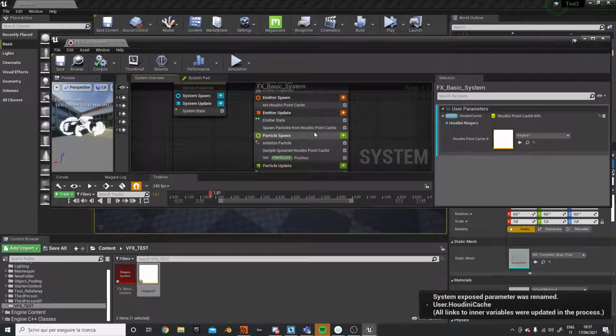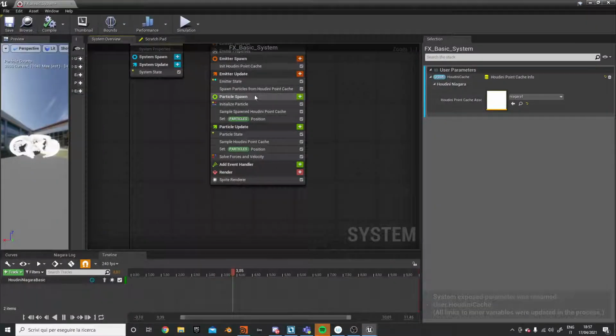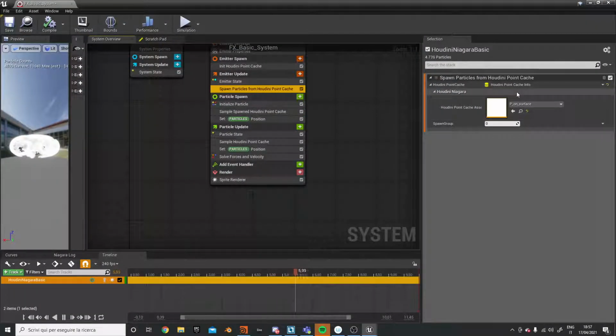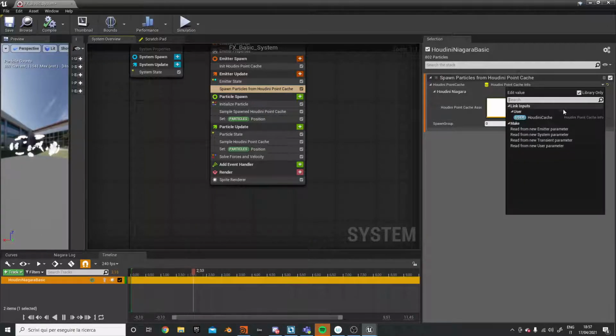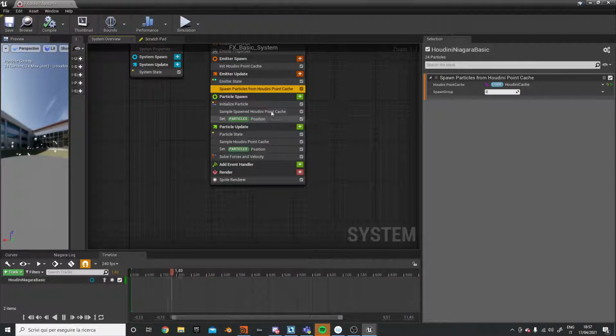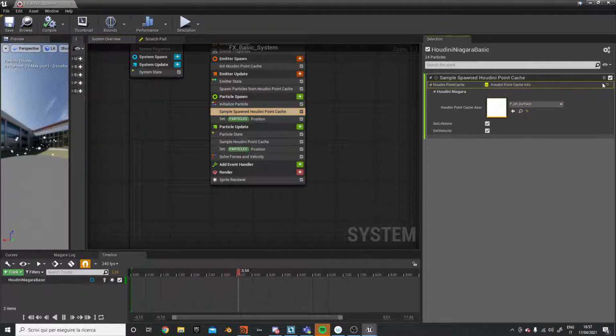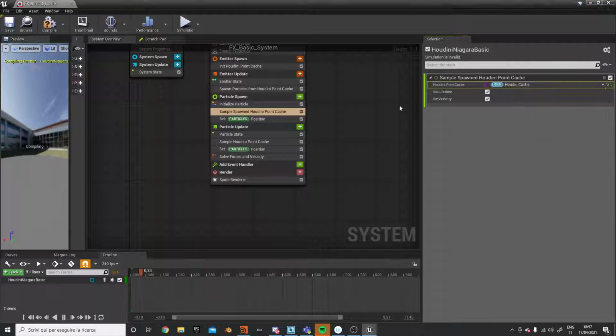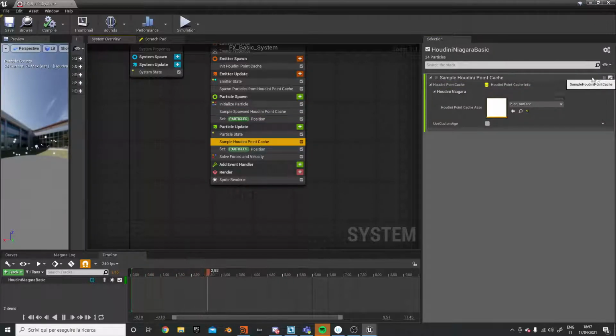So basically I can go through my emitter like this, and I can change the Houdini cache point with my Houdini cache. I just go on in all the elements,